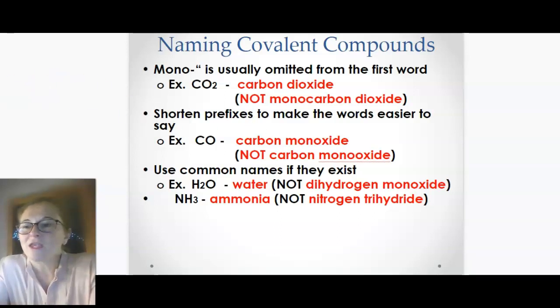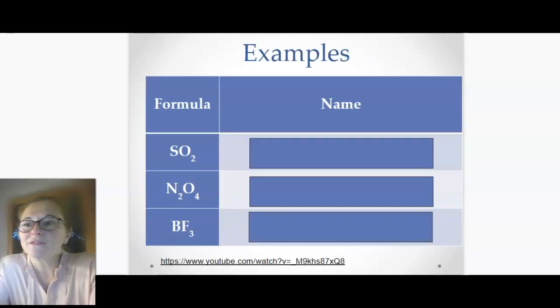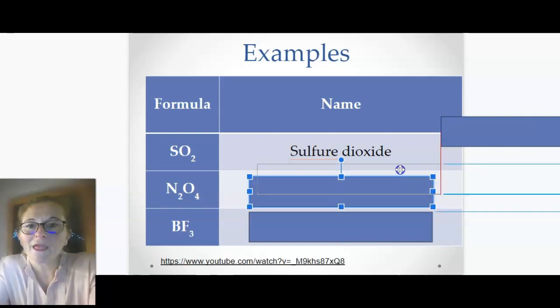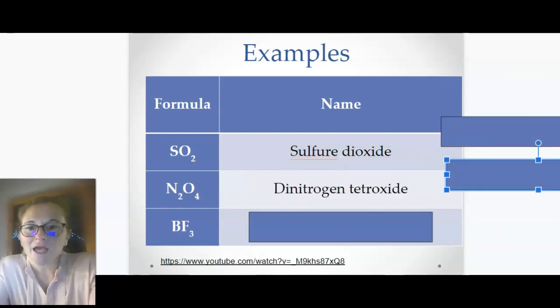And then here we have some examples. So what do you think that first one's called? All right, we have, let's see if I can move in here. We have sulfur dioxide. How about the next one? N2O4. Dinitrogen tetraoxide. And our last one,